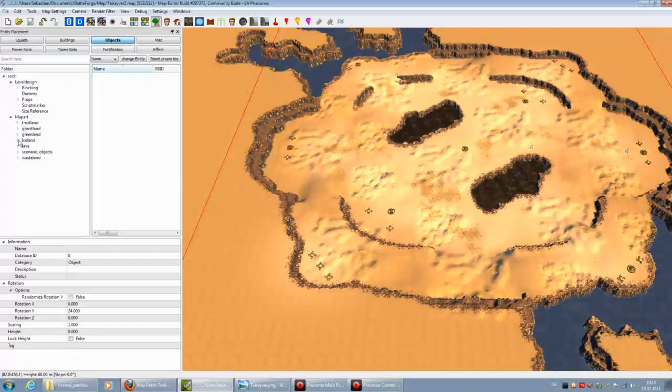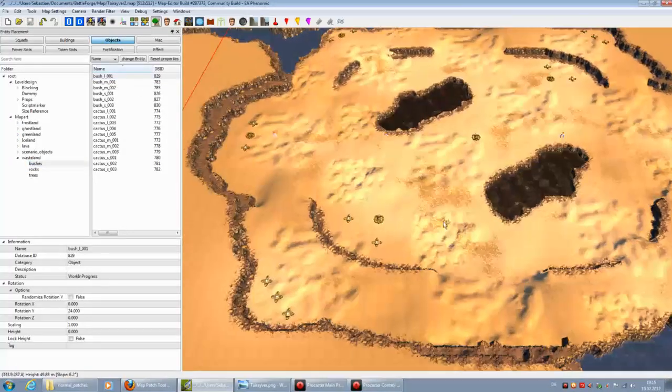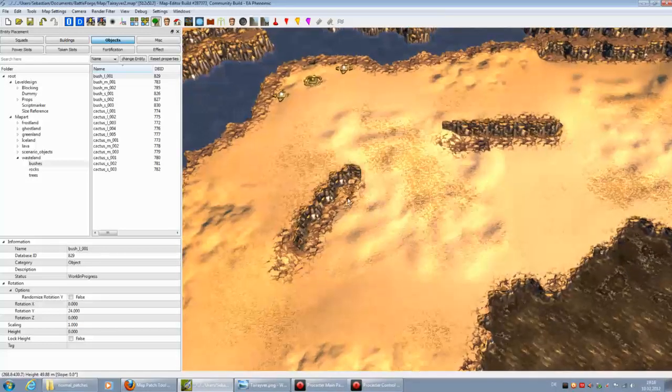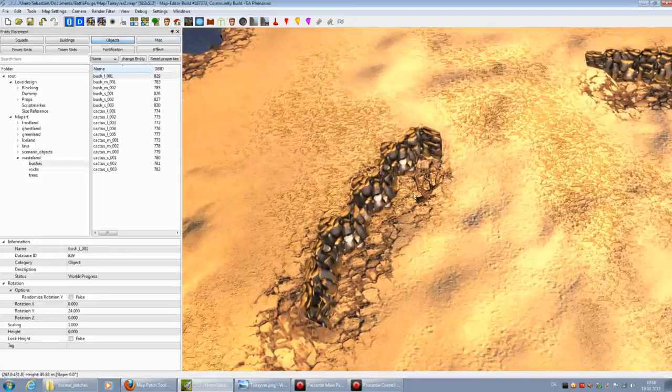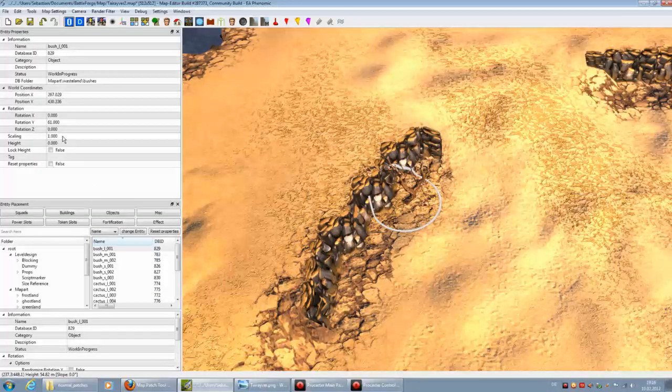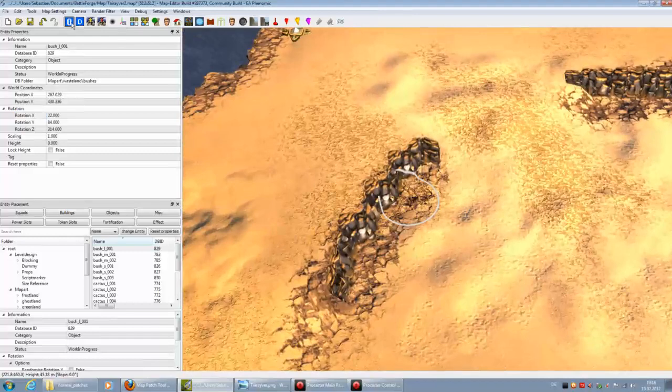Objects, map art, there are really many objects, and you could just place them on the map and turn them around, go to entity properties, change their scaling, change their height, and change their rotation, or even make them lay different. And yeah, you have plenty of possibilities,